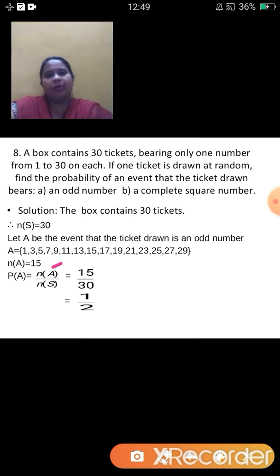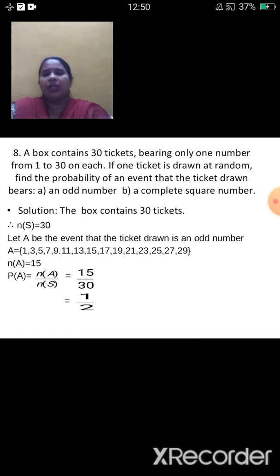I need to find out the probability also. I have been telling you repeatedly, whenever probability is asked, you need to write the formula compulsorily because formula carries marks, and have the habit of putting it in a box. So the formula is P of A is equal to n of A upon n of S. What is the value of n of A? 15. What is the value of n of S? 30. So substituting the values we get 15 upon 30. It can be further reduced. You have to reduce it to 1 upon 2. 15 ones are 15 and 15 twos are 30. So our first answer is over here, that the probability that the ticket drawn bears an odd number is 1 upon 2. Let us move to the next part.